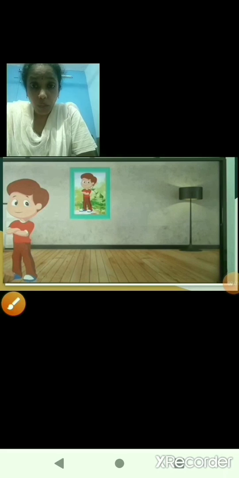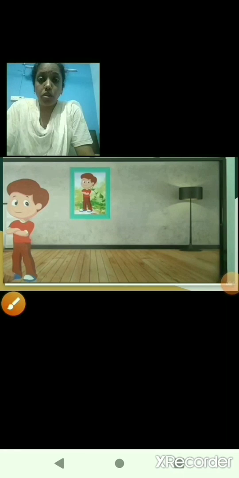Even when we click images, we make a frame, decorate it and hang it on the wall. The images or frames that we hang on the wall are comparatively smaller in size than the actual one.